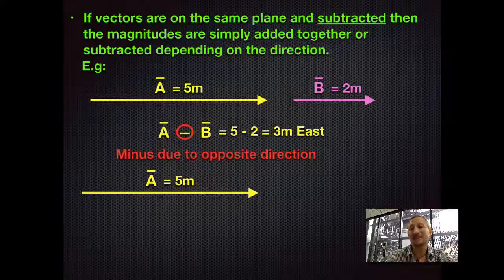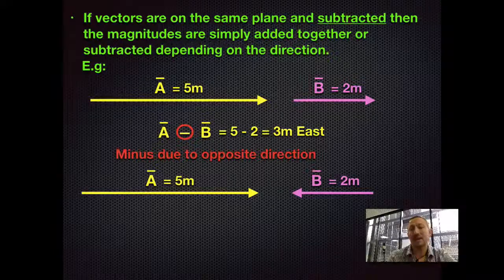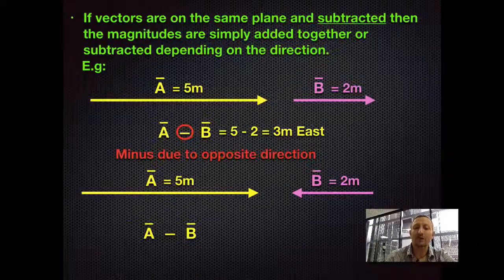So let's take the same scenario, but in this case where B is going in the opposite direction. So I've got vector A, 5 meters going east, and I've got vector B going 2 meters west. So what if I do vector A minus vector B? Well, remember what the minus means. The minus means I've got to change the direction. So in this case, if I change the